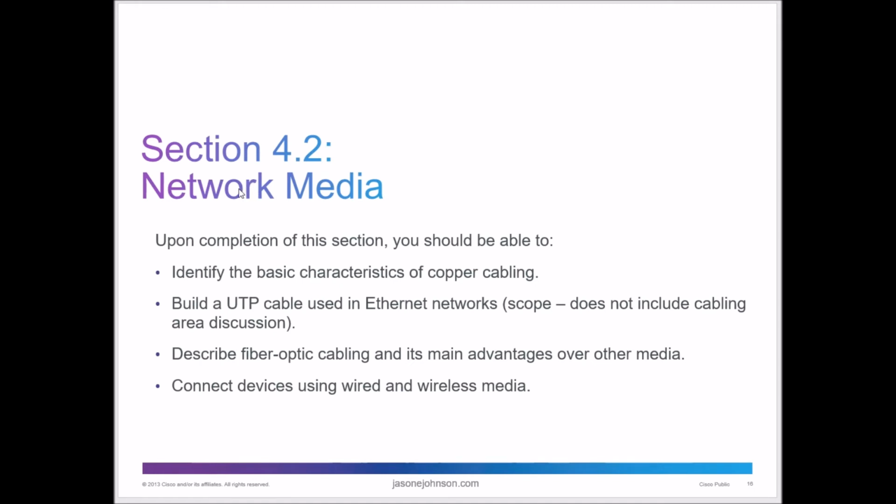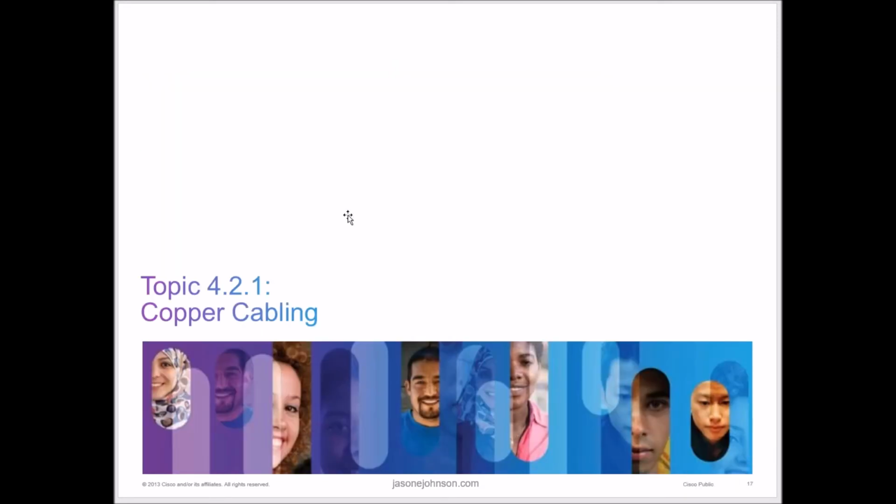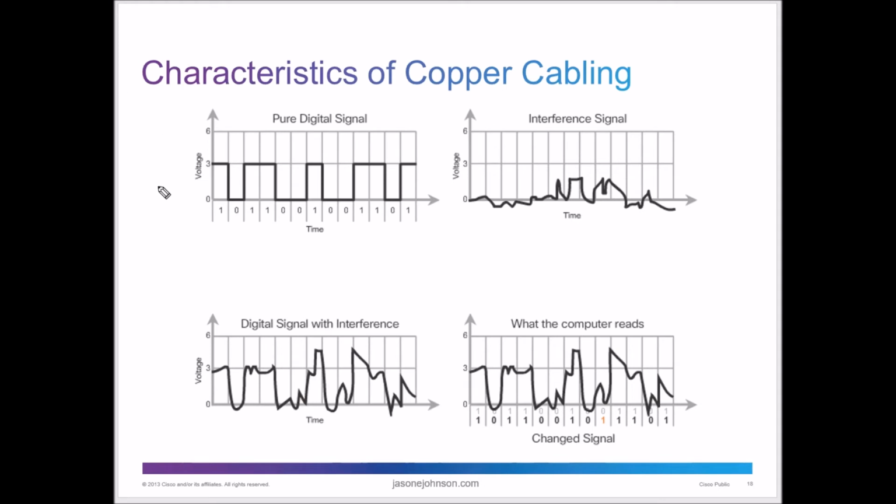Let's take a look at network media, and let's talk about cabling, shielded and unshielded twisted pair, and some of the differences between Ethernet copper, fiber optic, and wireless. So first of all, let's take a look at copper cabling. Copper cabling is your most used network connection, layer 1 medium, because it's the cheapest and the most cost effective. It doesn't run as far a distance as fiber optics, but it does run farther than wireless, and it's more reliable.